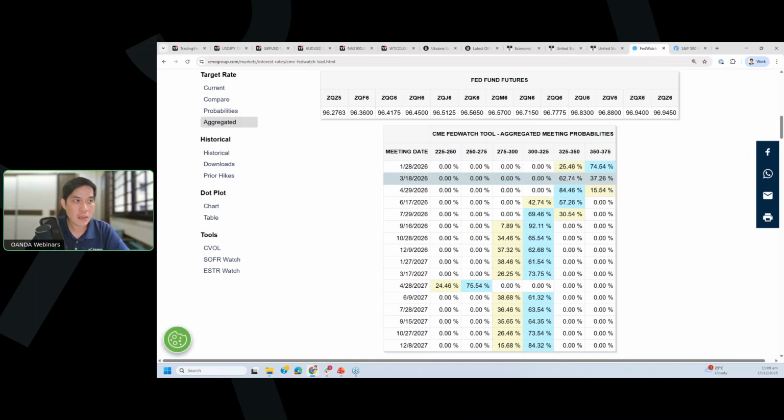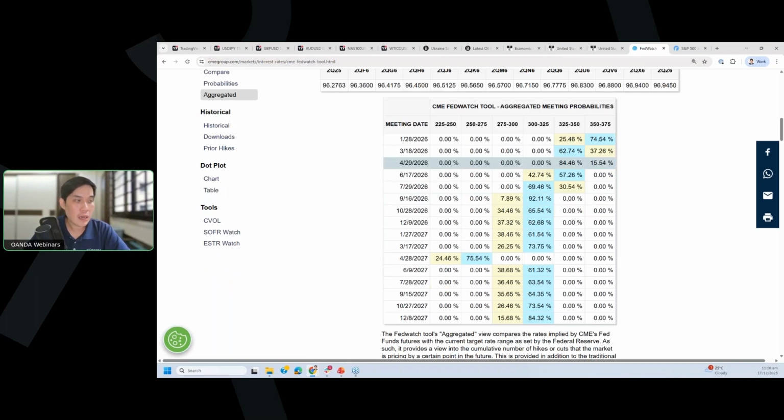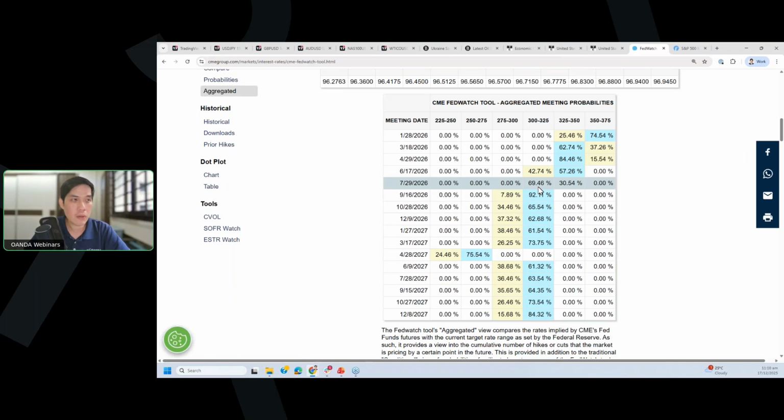So the first cut in 2026 will likely come on 18th of March 2026, which is rather not so high, but still above 50% at 63% chance. And the higher odds will be at 84% on the 29th of April 2026 meeting. And then thereafter, we have another cut for 2026. So all in all, that will be the 5th cut since the Fed started its current interest rate cut cycle in Q3 this year. So the next cut will be on the 29th of July 2026 FOMC meeting with a chance of 69%.